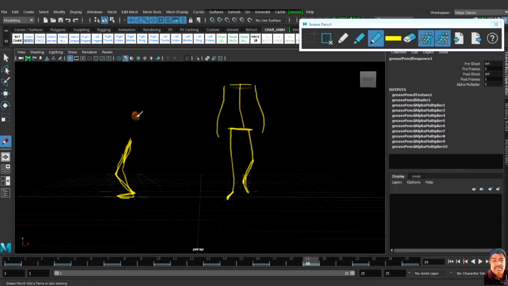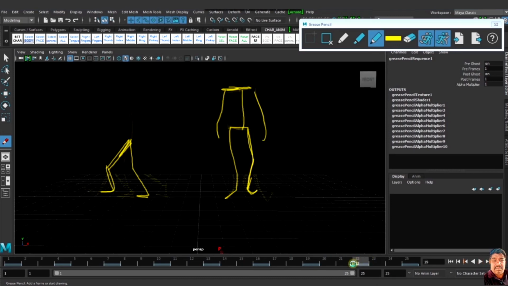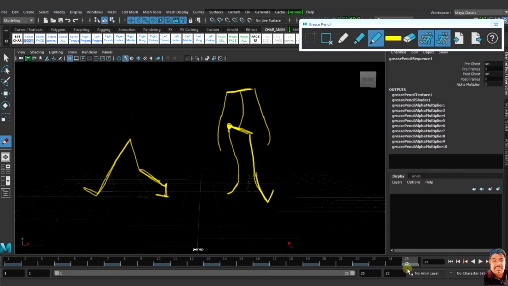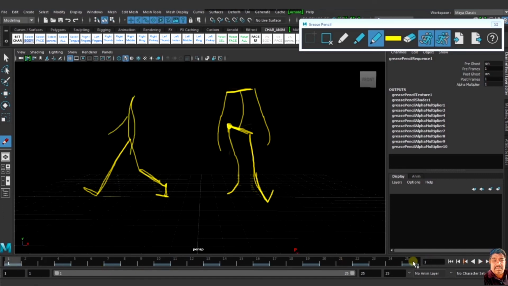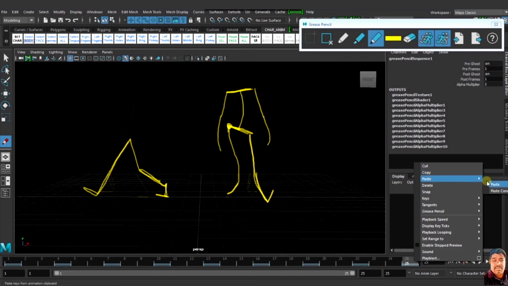This is my passing pose. This is my up pose. And this one I copy to here, 25, paste here.